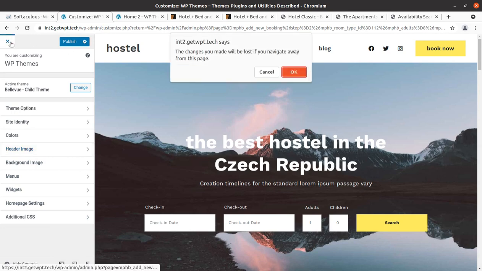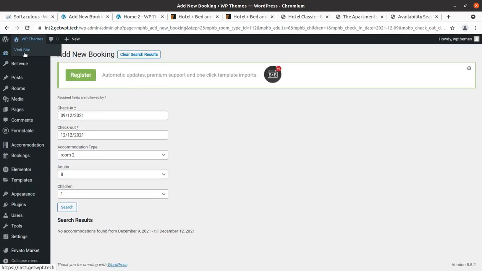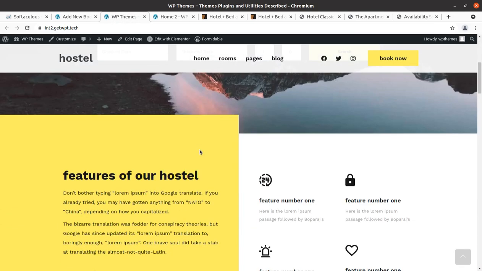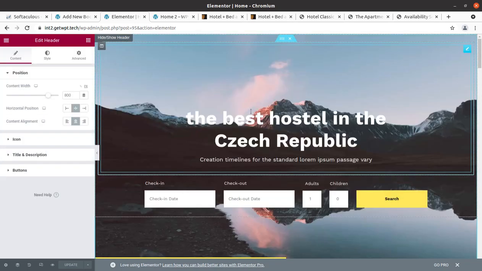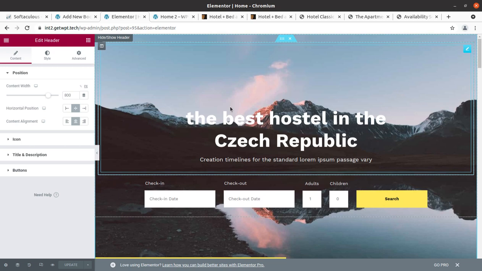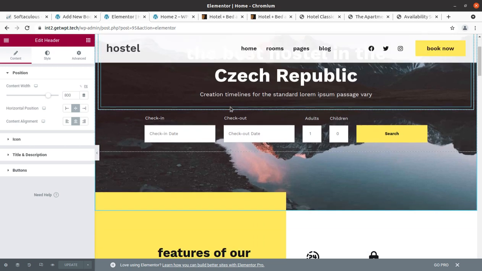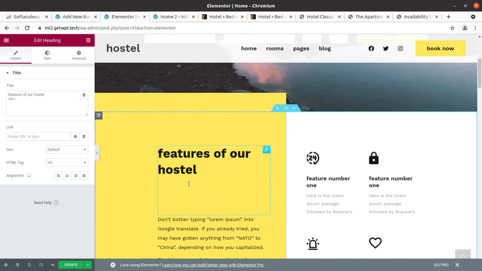So it is very simple, and the front page and the rest of the pages can be edited with the Elementor page builder itself. Just in case you want to edit the contents of this page, just open the page and click on edit with Elementor, and you will be able to edit the content of the page. If you are new to Elementor, you may take a backup of the page using any duplicator plugin, and you can also save this page as a template for further use or for restoring the backup, just in case you made any mistake.